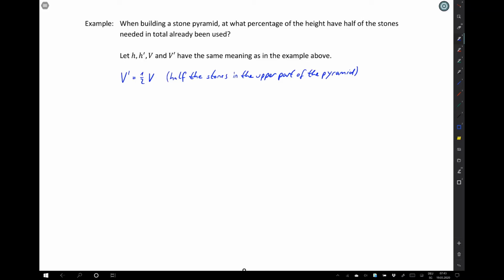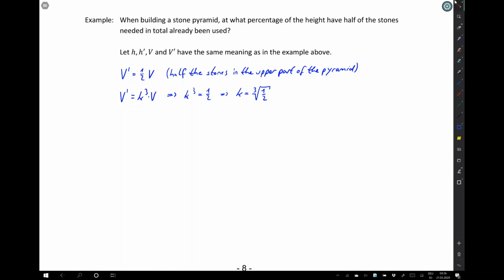Since half the stones are in the lower part of the pyramid, obviously half the stones are also in the upper part of the pyramid, so this volume v dash is just half of the total volume. The small pyramid is obtained from the big pyramid by stretching it by some factor k. So the volume of the small pyramid is k to the power of 3 times the large volume v. Since these two are equal, we get that k to the power of 3 is 1/2,